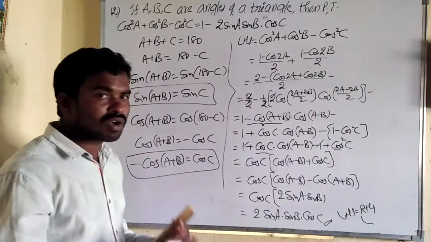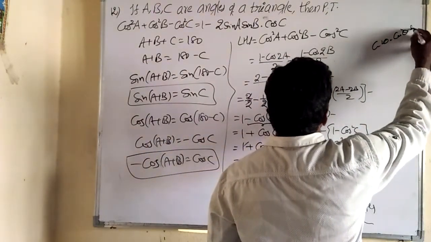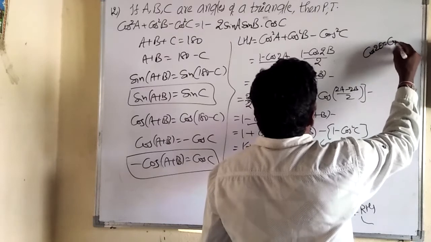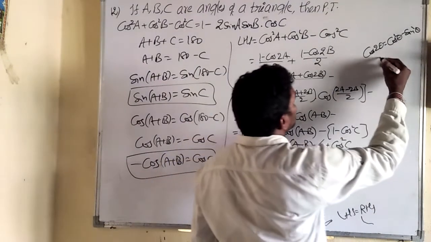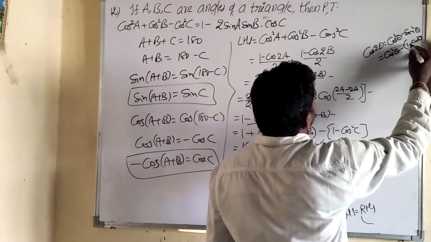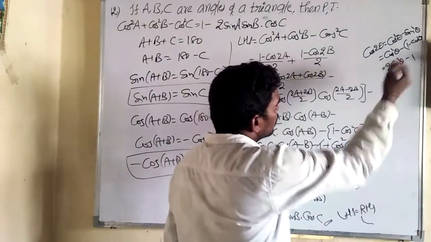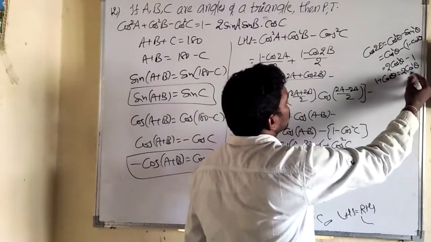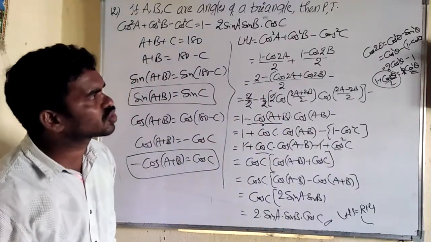See here, by using the cos 2 theta formula. What is the cos 2 theta formula? Cos square theta minus sin square theta. Express in terms of cos. So we get cos square, and sin square means 1 minus cos square. So minus into minus becomes plus cos square, giving 2 cos square theta minus 1. So minus 1 brought to the left side becomes 1 plus cos 2 theta is equal to 2 cos square theta. So the 2 on the right side goes to the left side as division by 2. So cos square theta means (1 plus cos 2 theta) by 2.